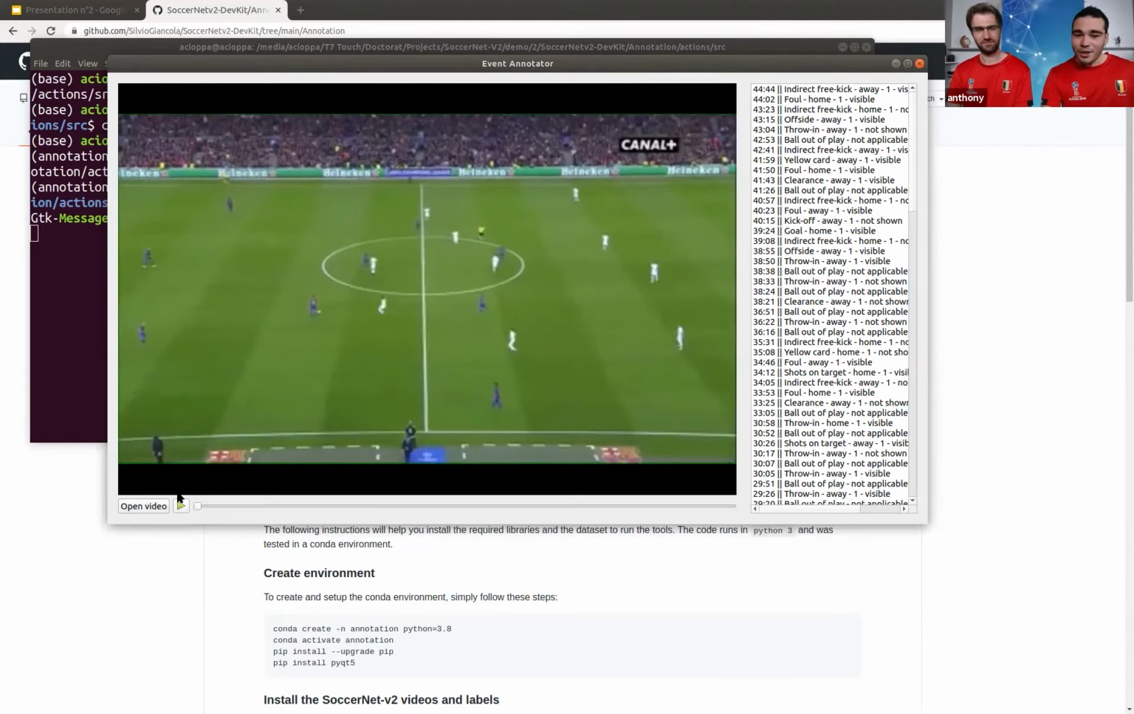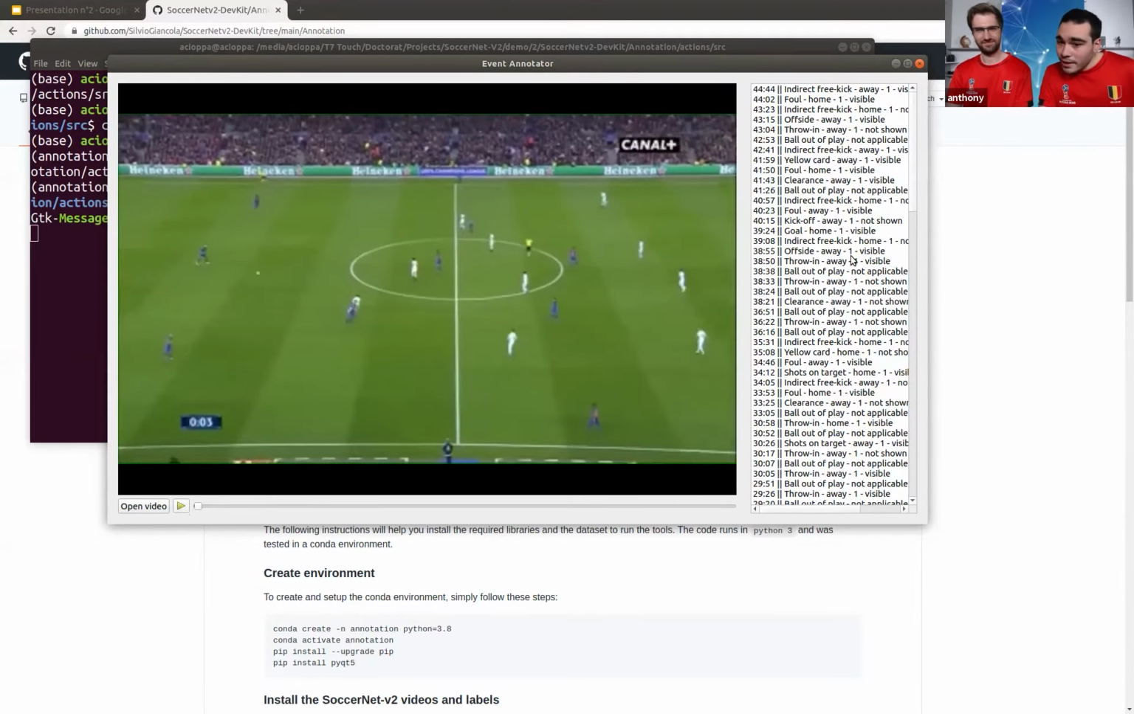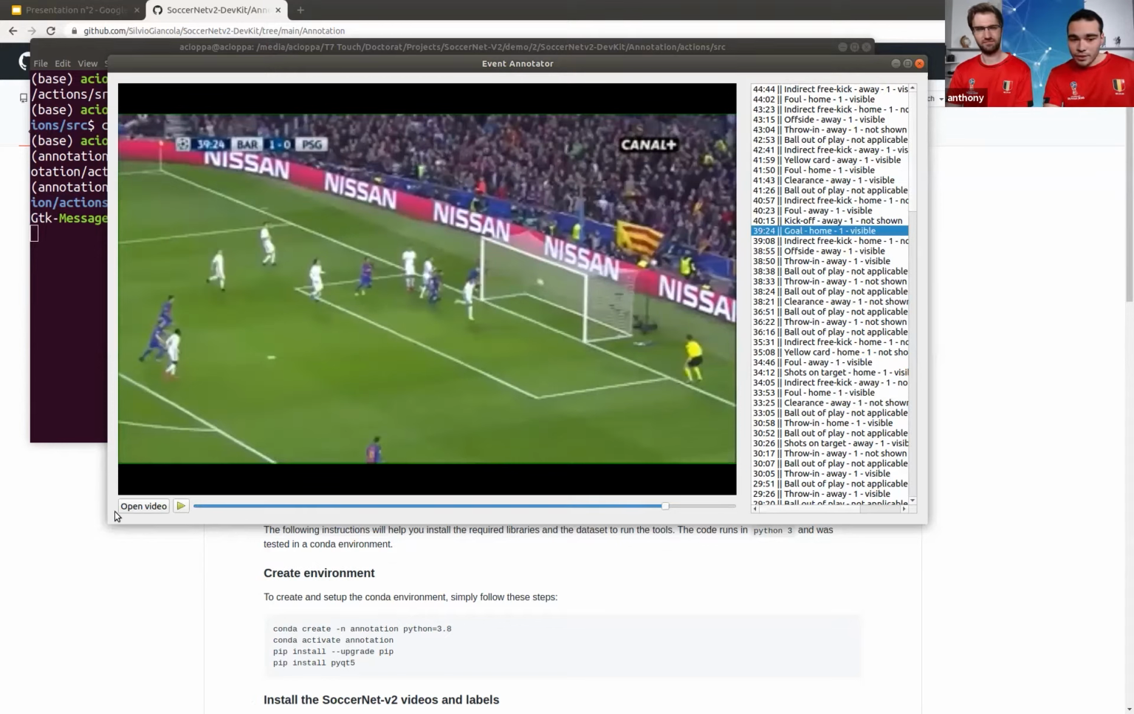As you can hear, the sound is also on. This helped the annotator not get bored during the annotation process. Then what you can do to browse through the game is simply to click on one of the actions. So let's say that I want to have the goal that starts at minute 39 and 24 seconds. And right here, as you can see, it directly jumps to this